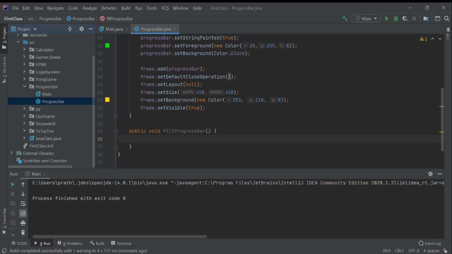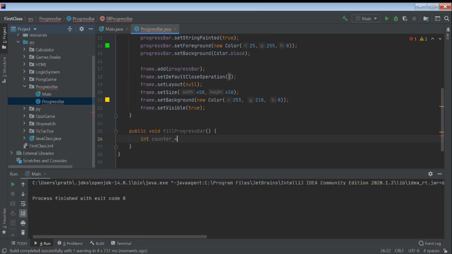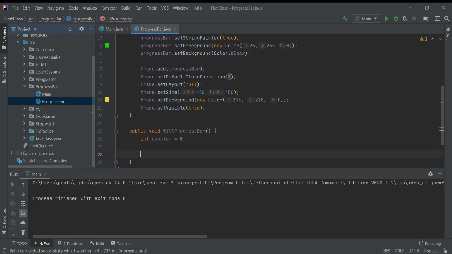And so it'll fill the progress bar. So we make int counter equals 0, and while counter less than or equal to 100,